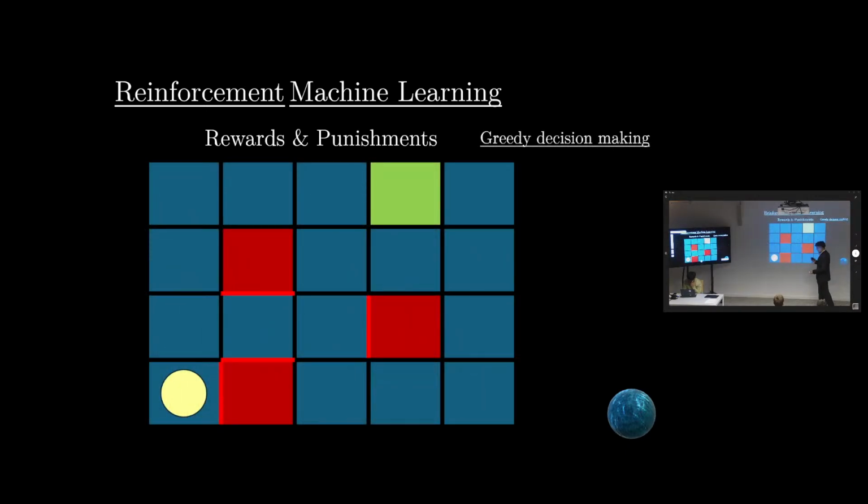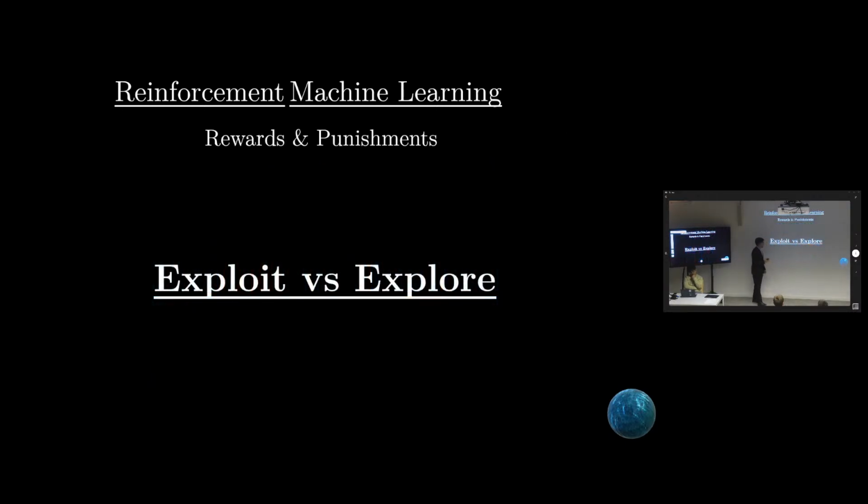So the algorithm that we actually executed before is what we call greedy decision making. As I said before, greedy just takes the best possible action in our current state, which is not always good. So this is the model that was trained before, the same one as before. It learned that the good actions are this. So it goes here, this way, goes up, left, right, top. The problem is that there could be a shorter path.